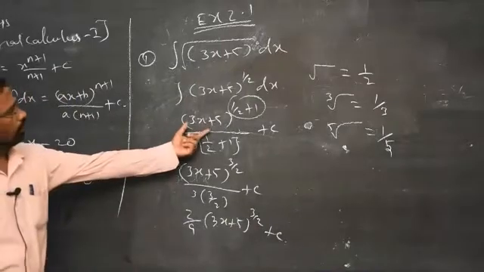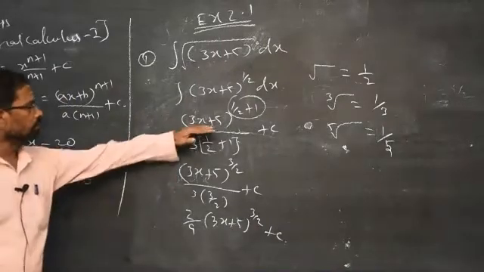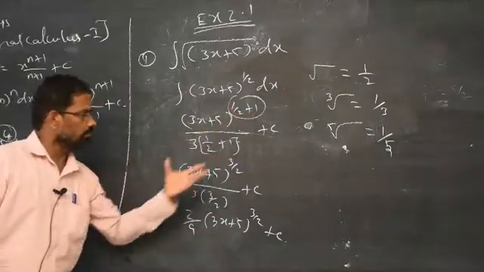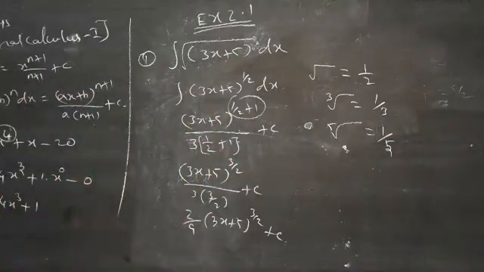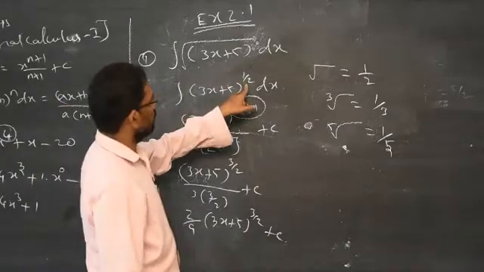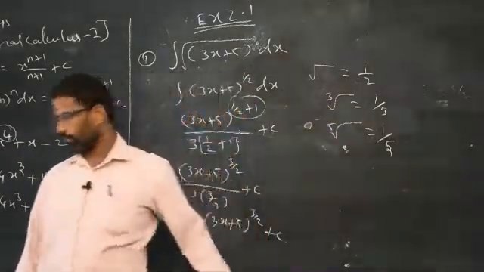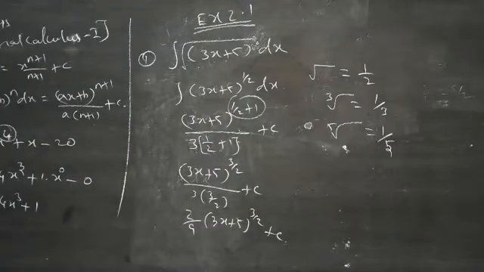So if you have any function like this, you differentiate inside the bracket into the power. That's a very simple concept. So if it is given square root, it becomes 1 by 2. If it is given cubed root, 1 by 3. If it is fifth root, 1 by 5 and so on. Clear? Now we will see sum number 2, second sum.